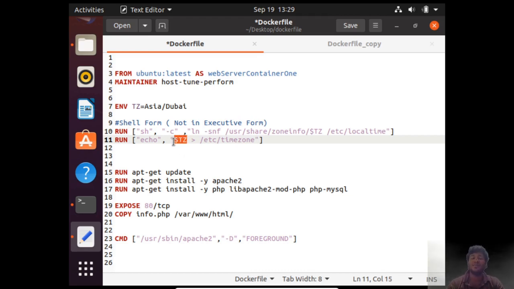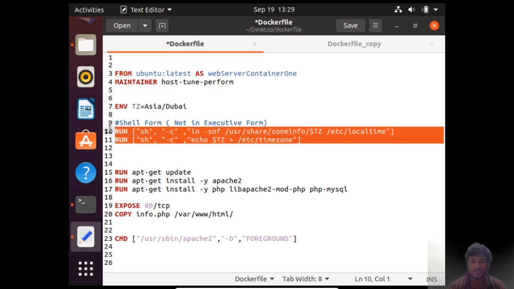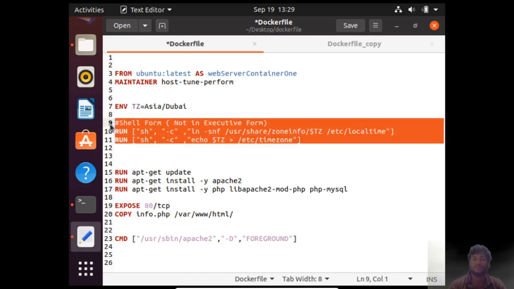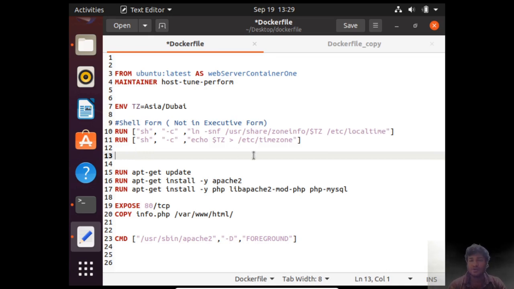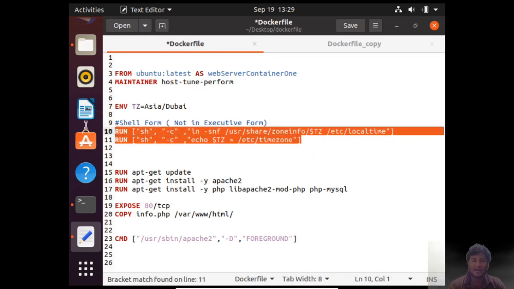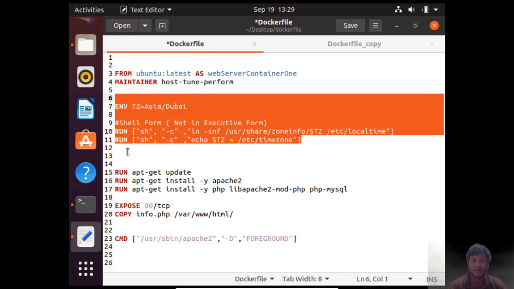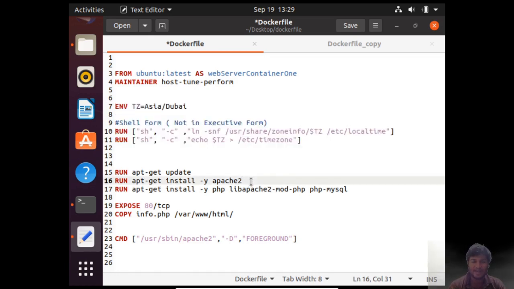It will not be represented as Asia slash Dubai. Rather, it will pick it up as the same characters, which is $TZ. So it just becomes characters, not a variable. And as we want the shell to process this variable, we are using shell form. So this is nothing but a shell form, right? This is what we require to run this Apache correctly.